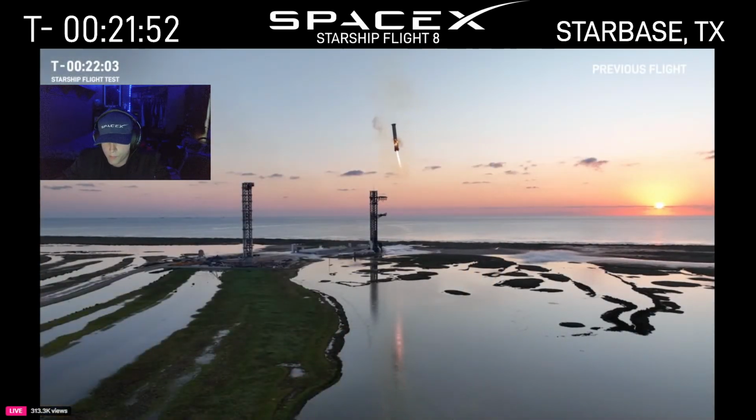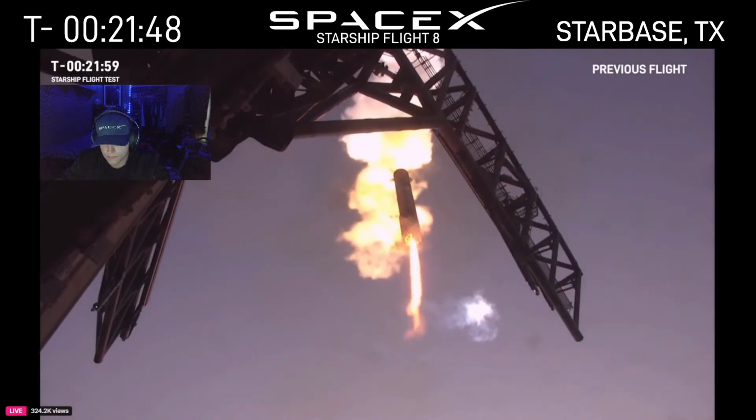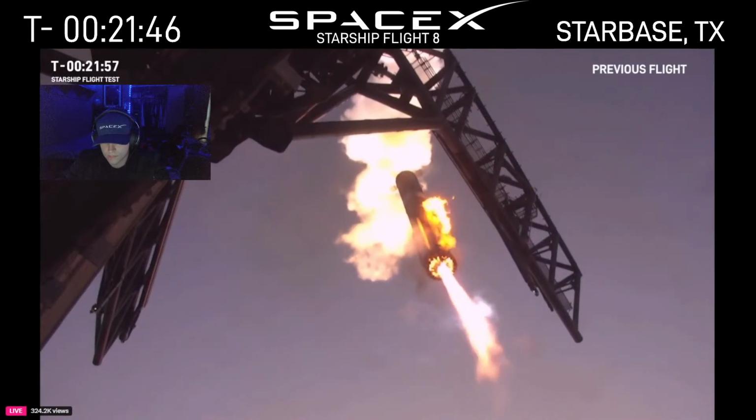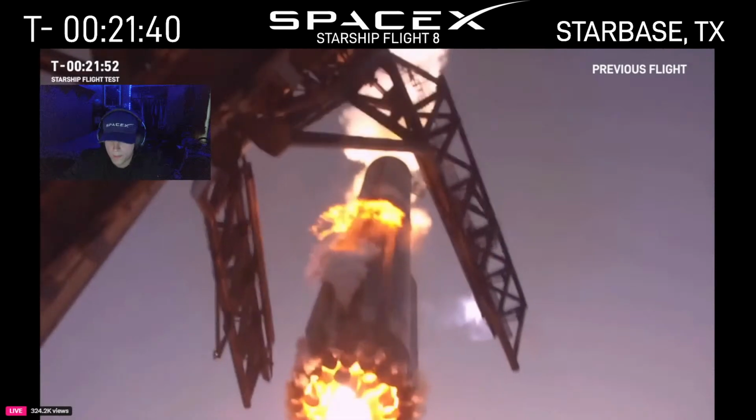Thousands of criteria must be met before the booster can return and be caught. It requires healthy systems and manual commanding from the flight director. And just like on our previous flights, if that command's not sent before the end of the boost back,